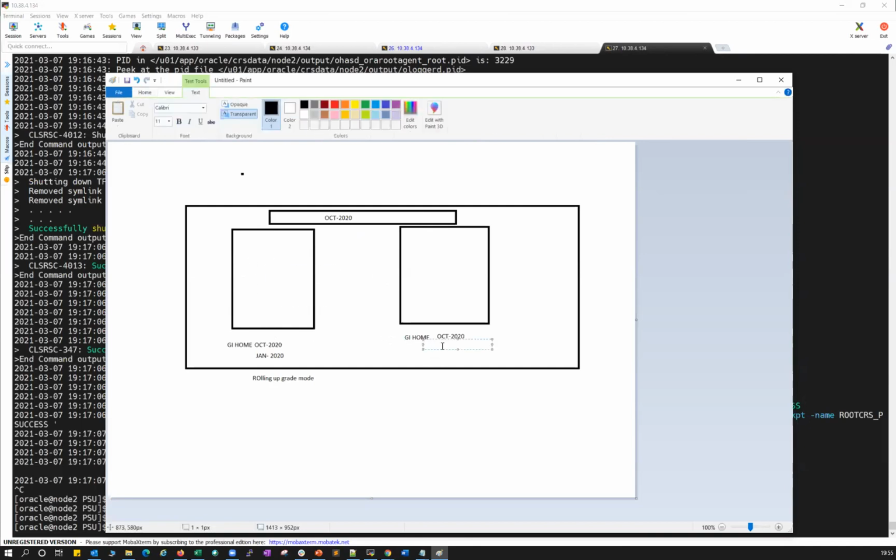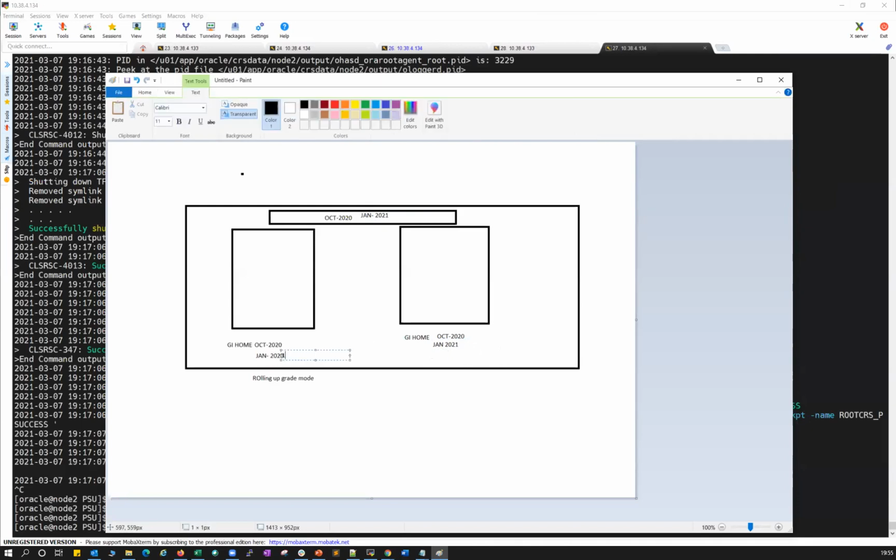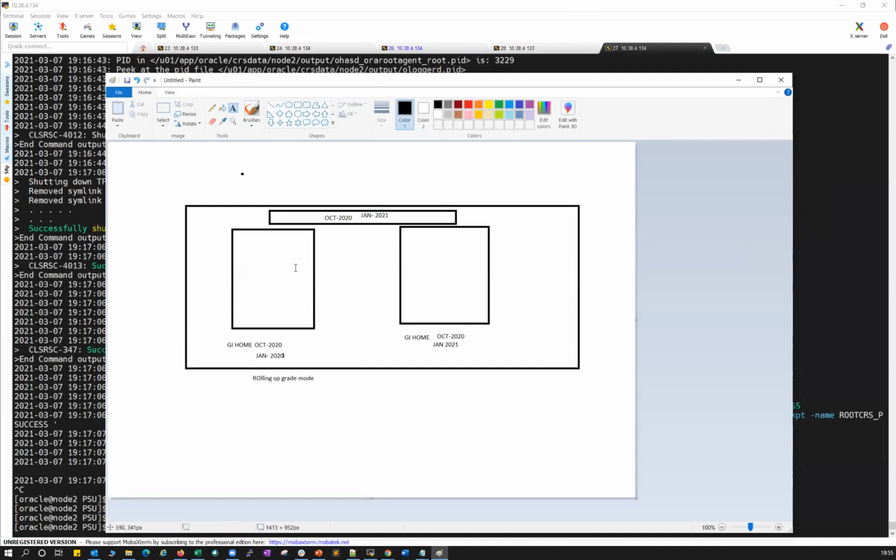And then when you patch this particular node 2 to Jan 2021, and then when you run the post patch on this node, automatically it'll register Jan 2021 patch level at my cluster node. And then cluster will check on node 1 again, Jan 2020, okay, it's Jan 2020, sorry guys. So node 1 is Jan 2021 and node 2 also Jan 2021, and my cluster will be registered with Jan 2021, and then my cluster becomes normal state. When you run the post patch on node 2, my cluster becomes normal mode. It will roll back my rolling upgrade mode or rolling patch mode, and it becomes normal mode, right?